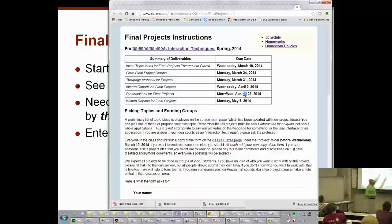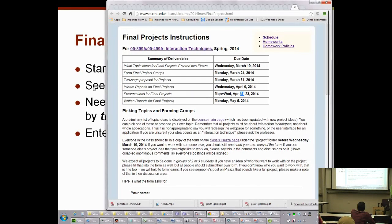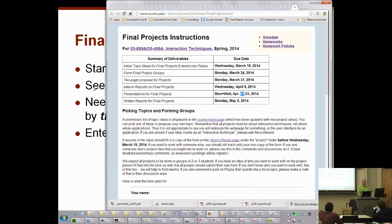And so I'm hoping that you, or I'm requiring that you have your ideas for what project you want to do already by Wednesday. Okay, and the way we decided to do that is for everybody to enter their idea for what they want to do into,